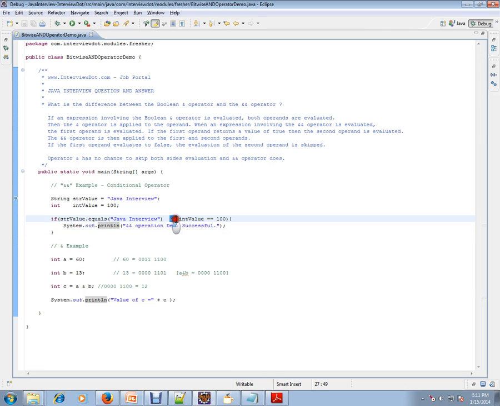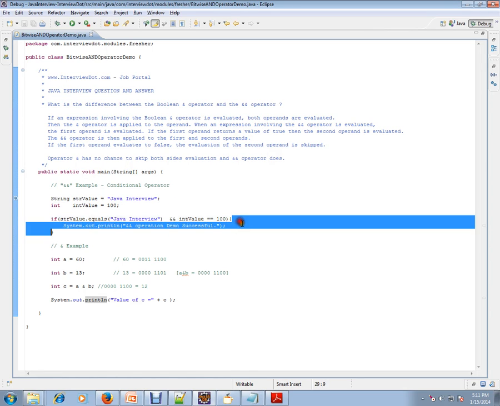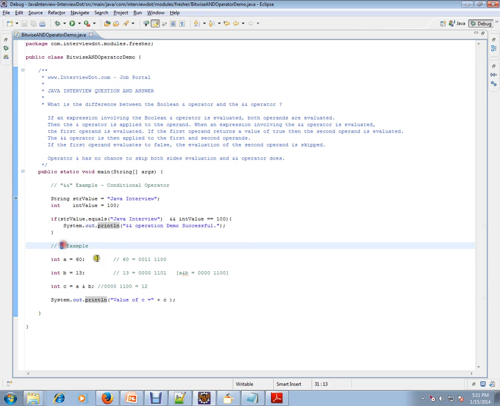That's where the AND condition comes into the picture. So if these two conditions are true, it will enter the block, otherwise it will not enter, to simply say. Let's see the bitwise AND operator. If you see here, integer A is 60, integer B is 13. What exactly happens internally is it converts into binary, and the bitwise AND operation is calculated. Based on the bitwise AND calculation, the result value is created.